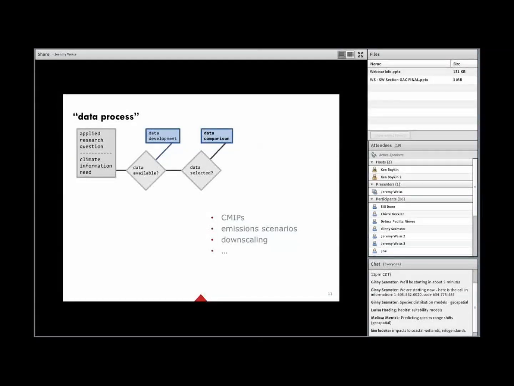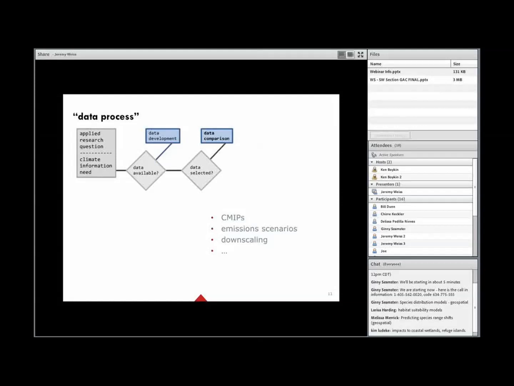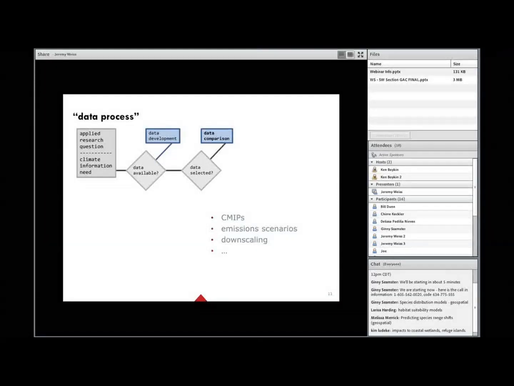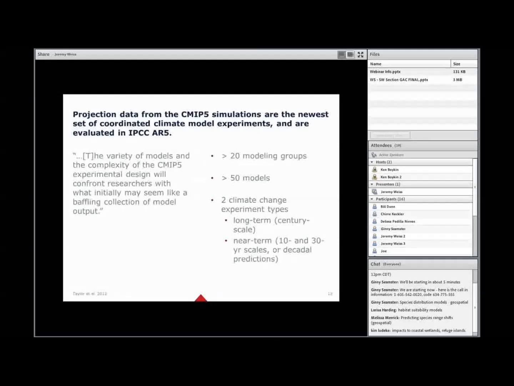And in the case of the CMIPs, projection data from the CMIP5 simulations are the newest, the most recent set of coordinated climate model experiments. And these are the same ones that are evaluated in the 5th assessment report, or AR5, of the IPCC.